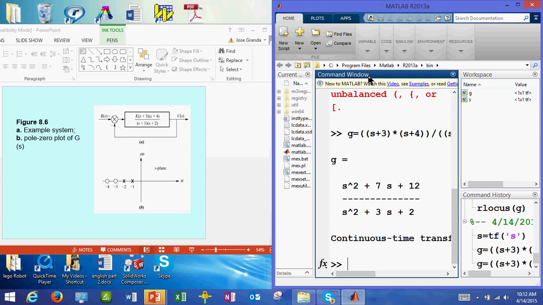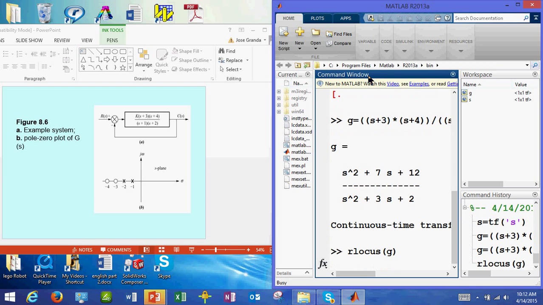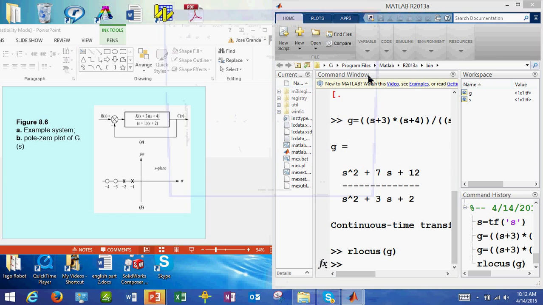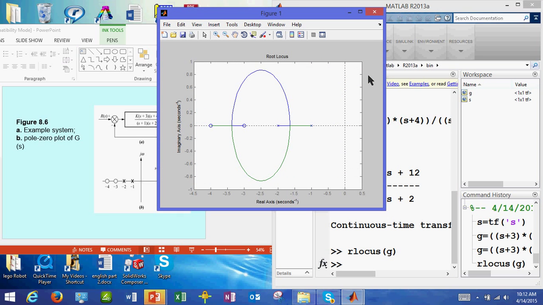Now, what I would do is I say G, our locus of the transfer function G. Did we say G1 or G, right? G, was that G? And so it goes and thinks out for a little bit, and it should come up with, there you go. You see, so this is your, so let's discuss this a little bit